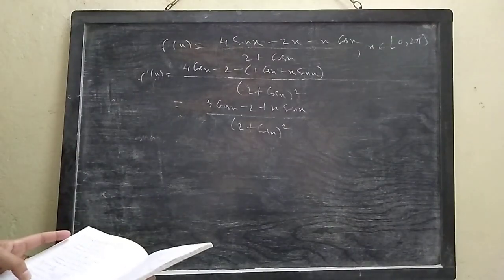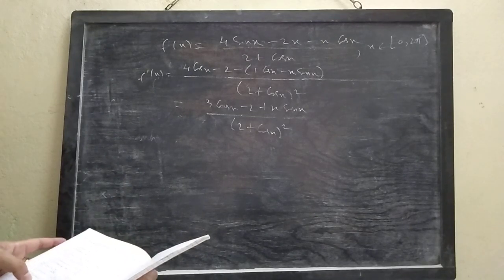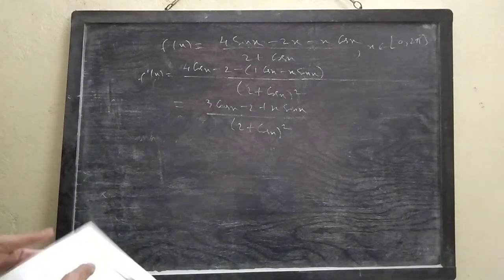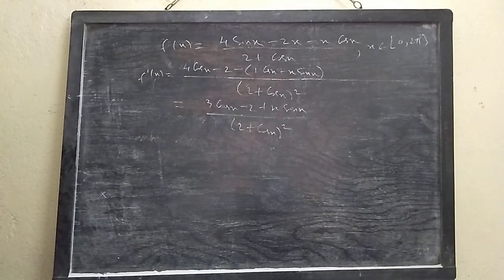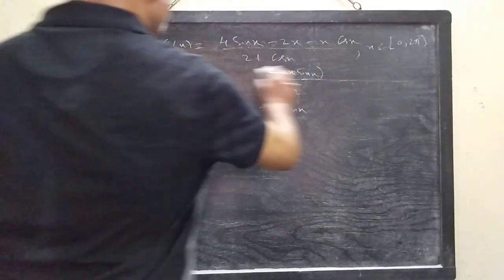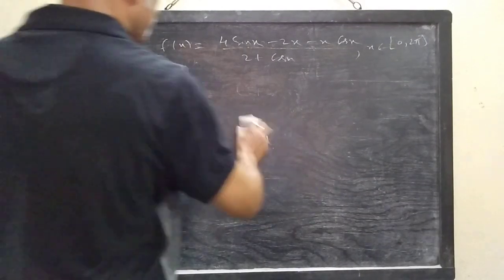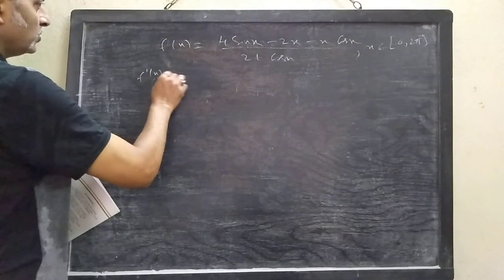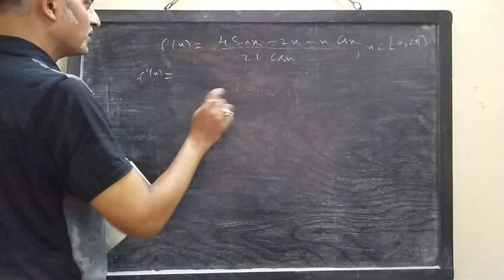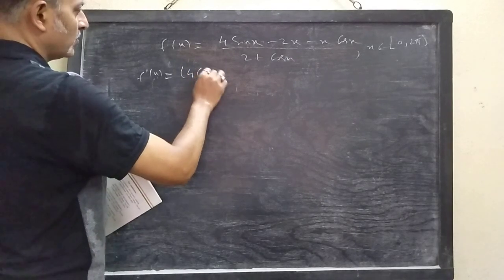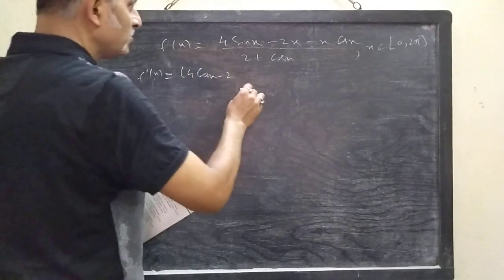Sin x minus 2x minus x cos x by 2 plus cos x, when we get the derivative... oh, we have made a mistake here. Quotient rule: derivative of numerator into denominator, that is excluded here. So this will be 4 cos x minus 2